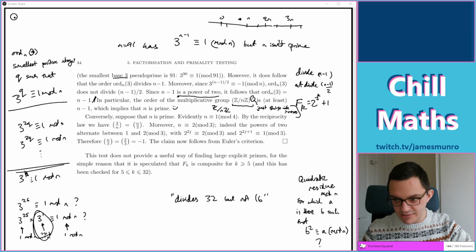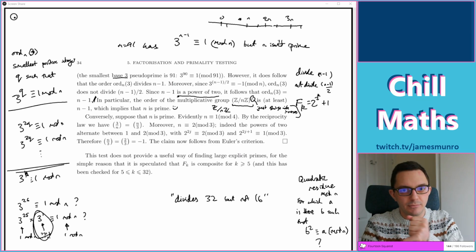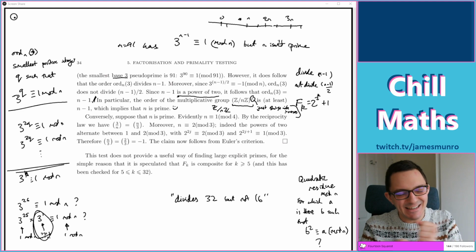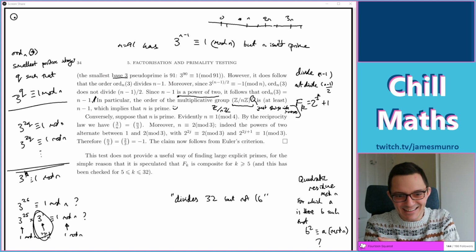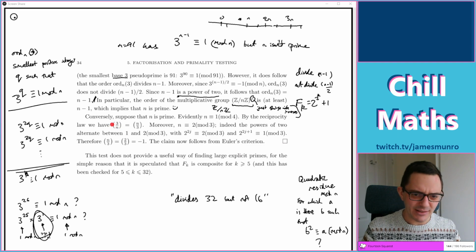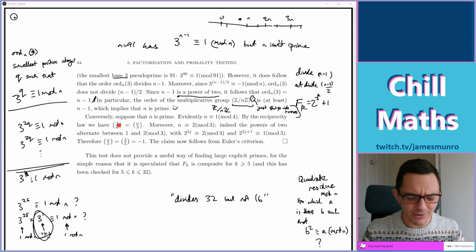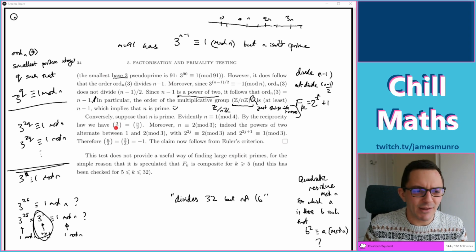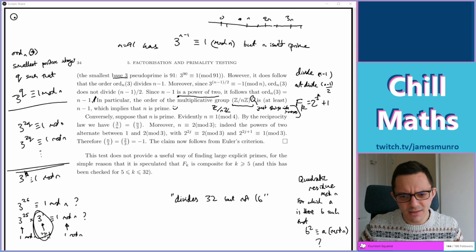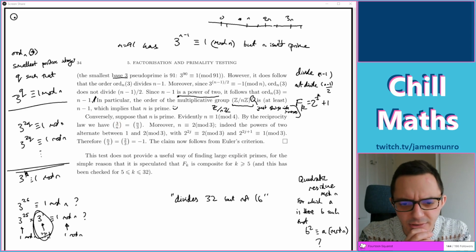And the maths of these things is lovely. There's this nice reciprocity statement that tries to switch around a being a quadratic residue mod n versus n being a quadratic residue mod a, which is what this is kind of doing. The notation is not great, but these are not fractions and they're not vectors either. They're some sort of weird symbol that looks exactly like a fraction inside some brackets, but some symbol trying to keep track of whether this is a quadratic residue or not. I think I might show you that in a moment because I want to understand this a bit better.